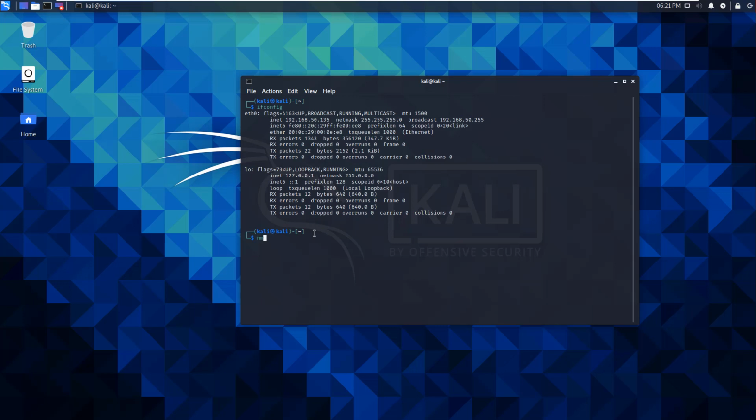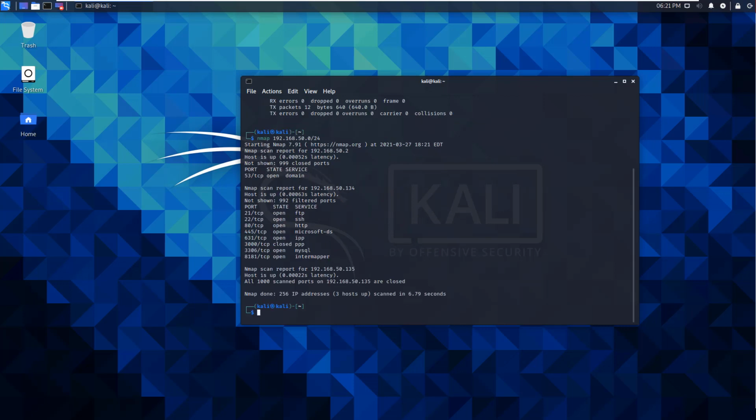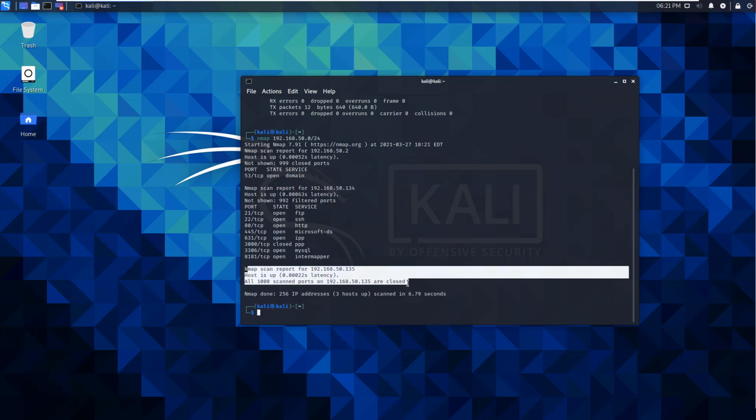So I'm going to go ahead and do an nmap 192.168.50.0/24. I'm going to start the scan. I'm going to pause until the scan is finished. That went fairly quickly. I started the scan, and two popped up. We found that this host is up. It's receiving port 53. We saw another address, 134. It popped up with these services. This guy popped up with